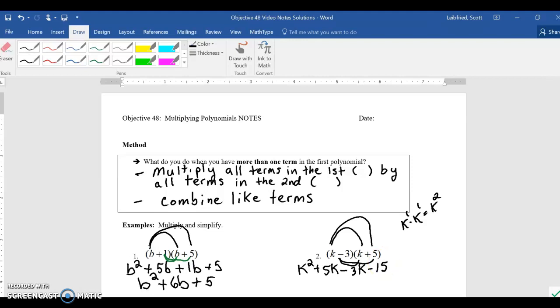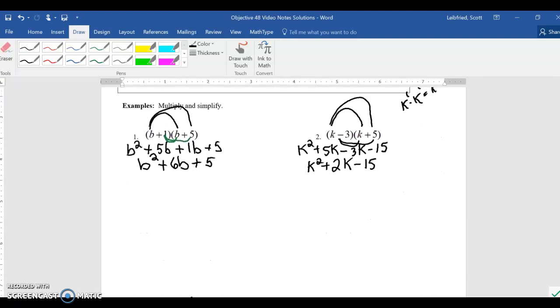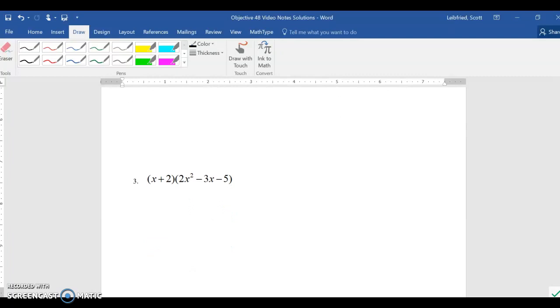Again, look to combine like terms. K squared is by itself because there's no like terms with k squared. There's nothing to the second power. But you'll notice 5k minus 3k can be combined. That's 2k. And then you'll have the minus 15. Okay, I got one more problem for you guys. Now you'll notice in number 3 that we have k plus 2 times the quantity 2x squared minus 3x minus